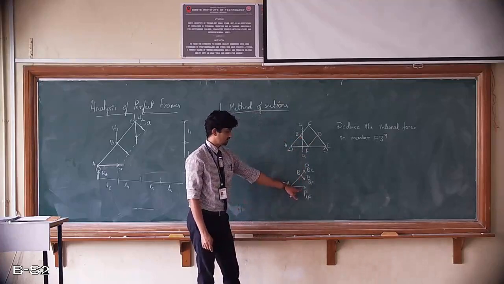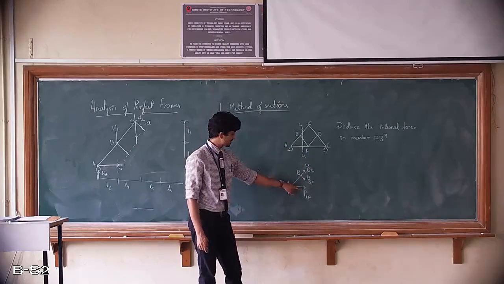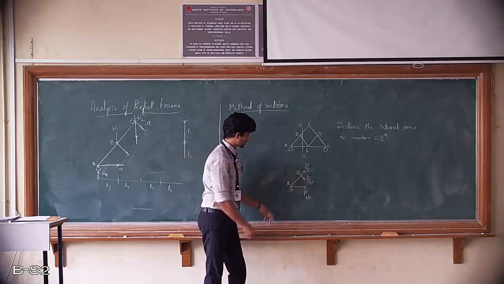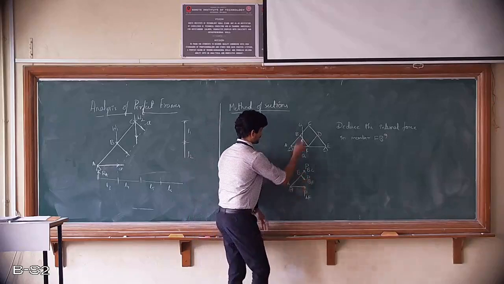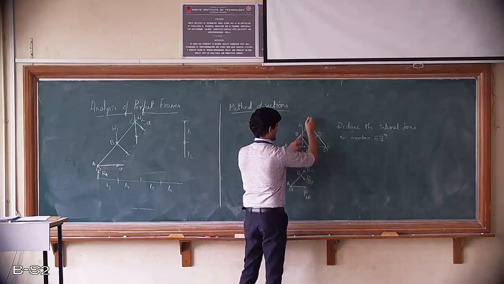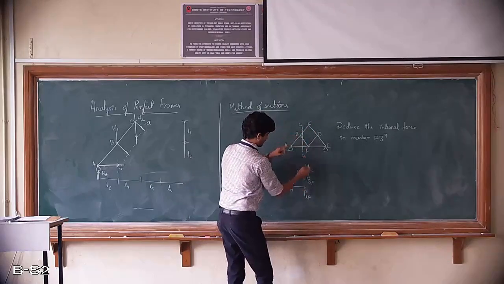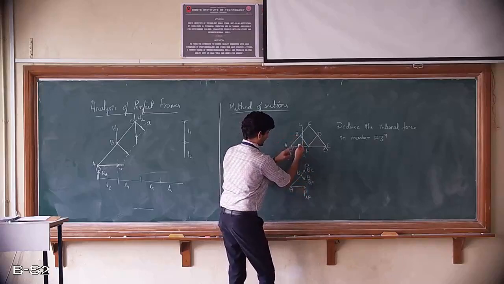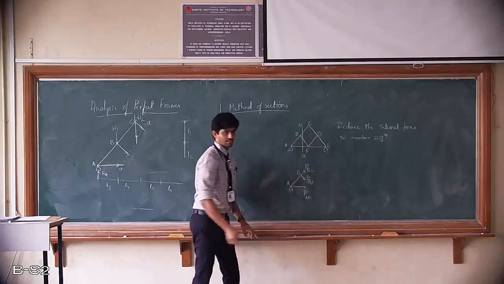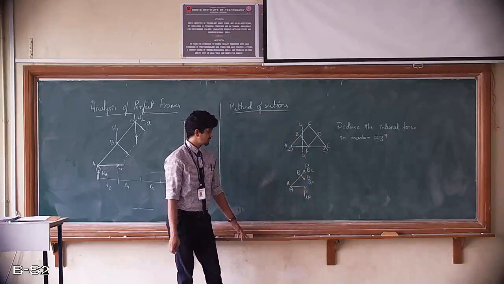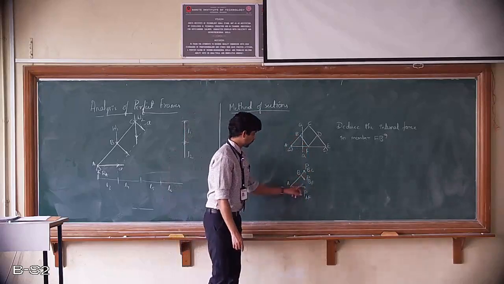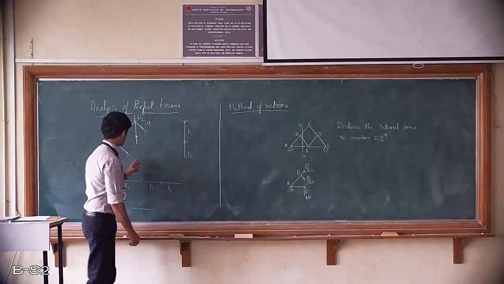Now when the section cuts that particular structure, each element which is cut by that section is considered to have a force acting on it that is always tensile. So that's why it is tensile in nature. This particular element BC, it is tensile. This particular element BF, it is tensile. This particular element AF, it is again tensile. Look at the arrow mark, it is tensile. So that is considered.